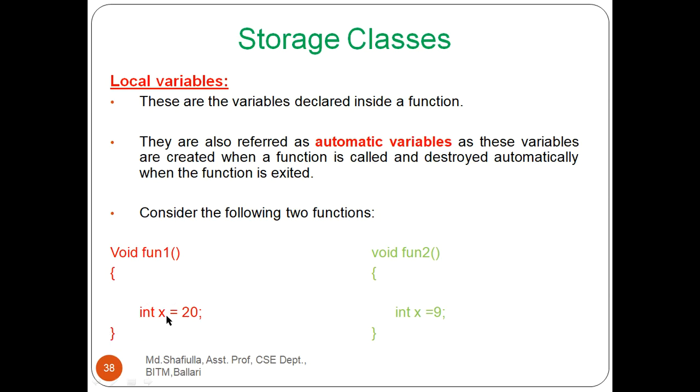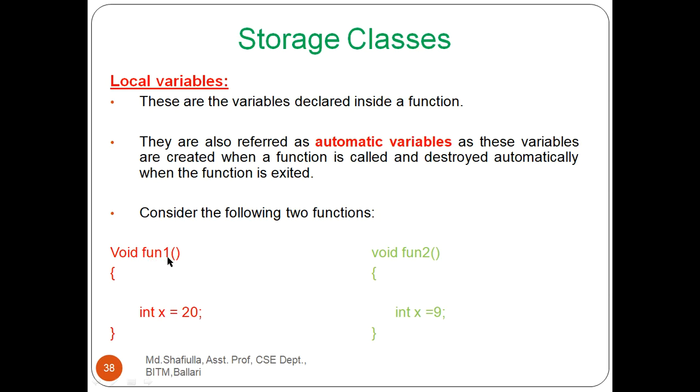So once this x has lost its virtue, when you go to the next function, this x is local to this function. So this is created, and it is destroyed the moment you terminate. No question of again having its lifetime. Hence these are called local variables. And what will be the scope of these variables? They are local only to that function, function 1.